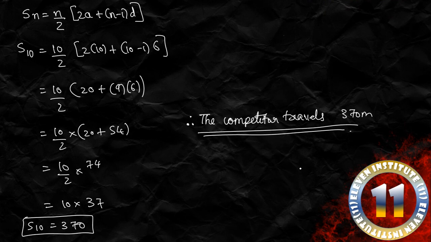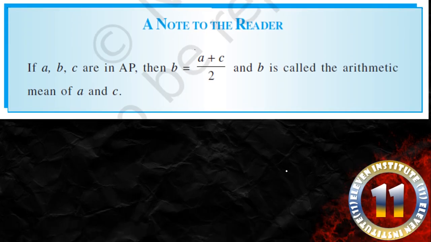Let us now move to the questions asked in previous exams, but before that, this is a small note that is given in the textbook. Please write this down. If A, B and C, three numbers, are in arithmetic progression, then the middle number is the average of the first and last number, and that is known as the arithmetic mean, right? Let us take an example. For example, we have 3, 6, 9. These three are in arithmetic progression. If I want to find the middle term, I have to take the average of first and last. So if I add 3 and 9 and divide by 2, I will definitely get the second term,